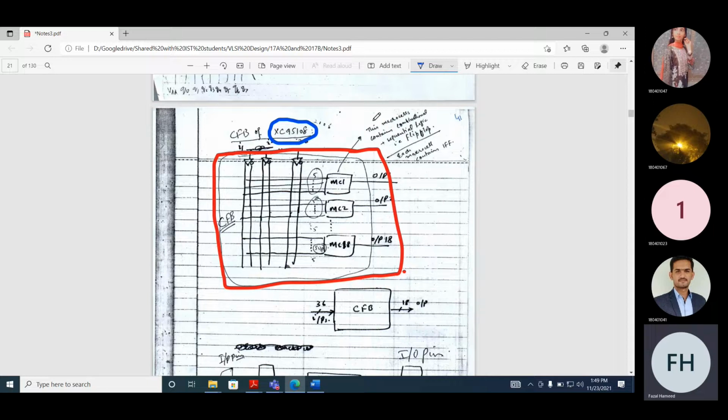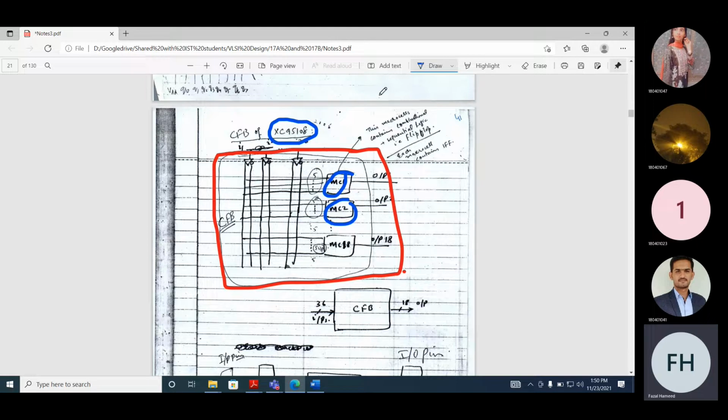If you look at this configurable functional block, how many macro cells are there? 18 macro cells. So this is macro cell 1, then macro cell 2, then macro cell 3, 4, 5, 6, up to 18. These are dots. So this is macro cell 1, this is macro cell 2, and this is macro cell 18.